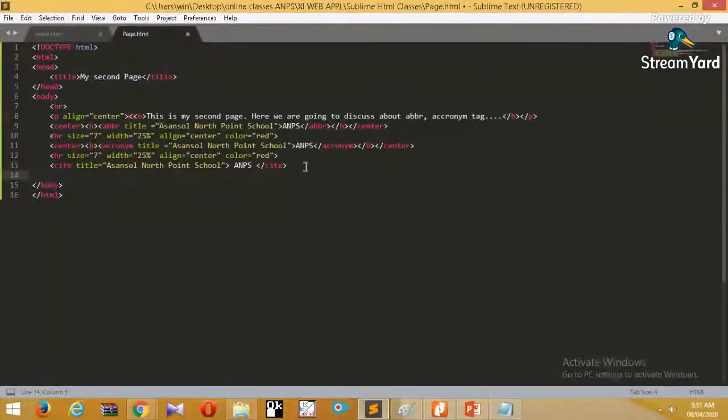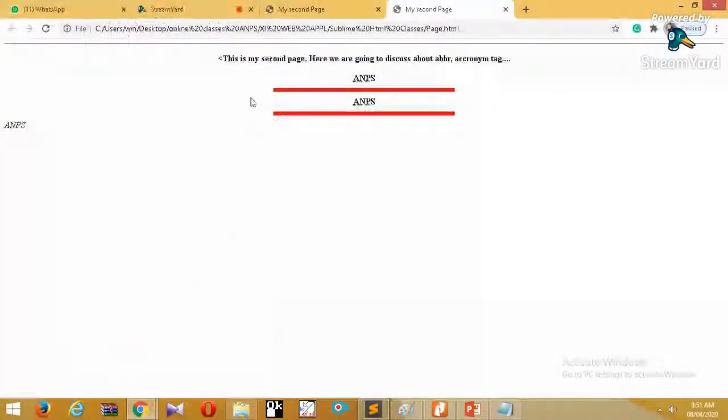So we can see that whatever we have written in the browser until now has come with a specific style. The size and everything has come with a specific style. Now, if you want to change the font style,